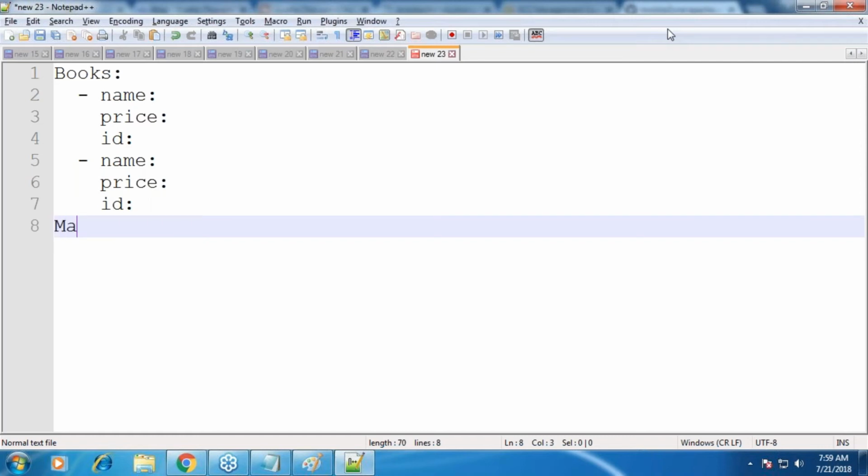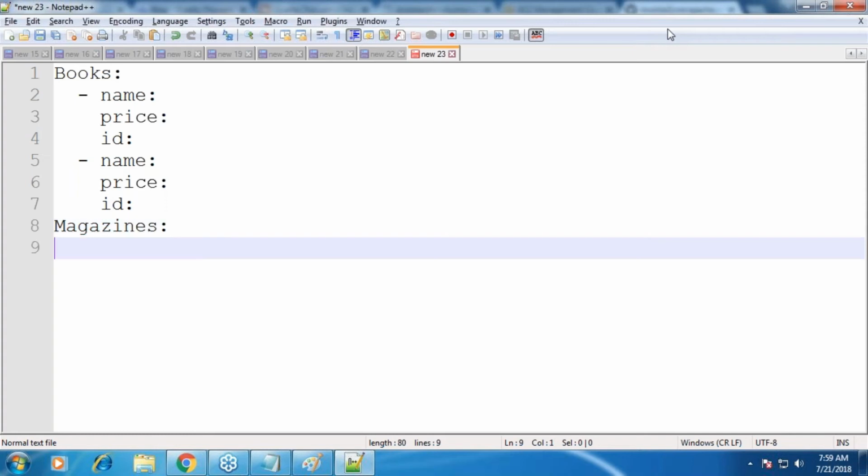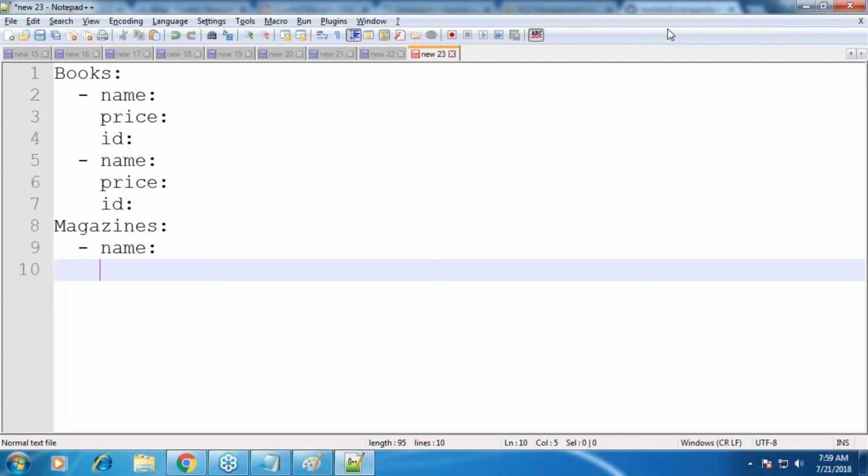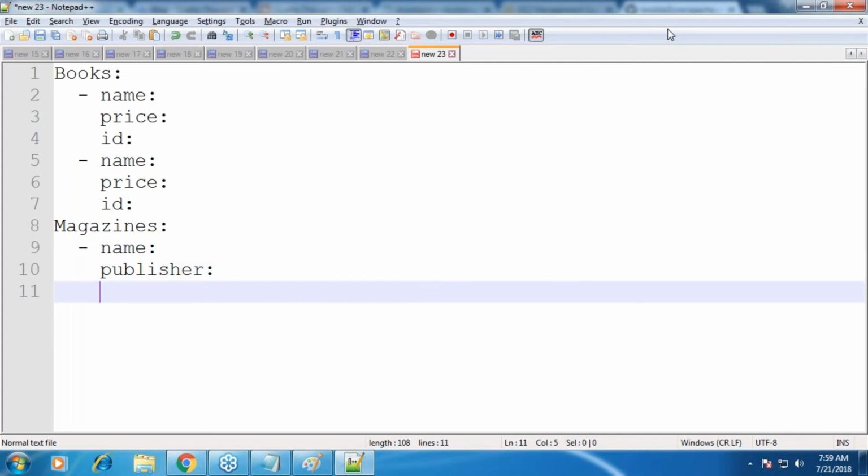Now you'll be writing about magazines. Will there be only one magazine? No, multiple. So we have to use a hyphen. Again, the name of the magazine, okay, publisher, probably date, because generally magazines will have volumes or dates.